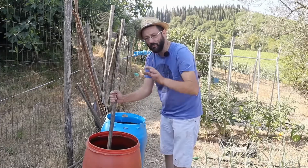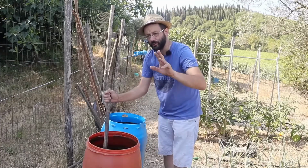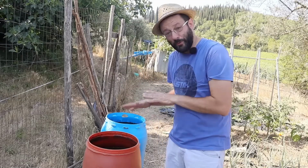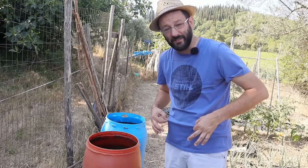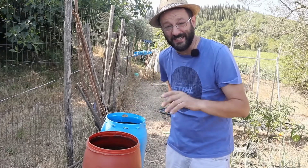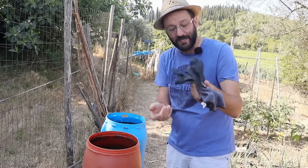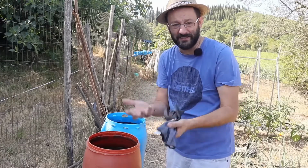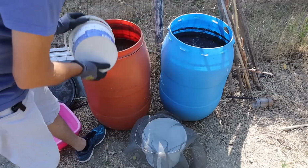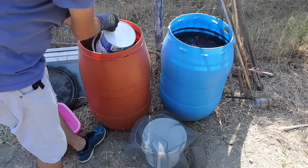In any case, the smell is noticeable during the first 2 or 3 days, but it gradually lessens afterwards. A first caveat, just because of the stench, get yourself some clothes that you can wash right after, because this stuff is really pestilential. Some rubberized gloves so that it doesn't go directly on your hands. And then let's get started. The first thing I suggest you do, let's start with the poultry manure, is to